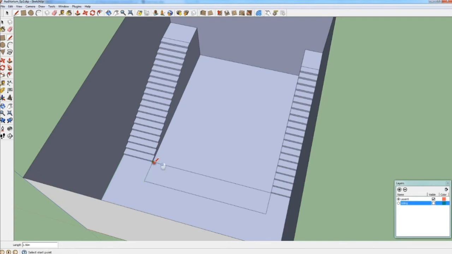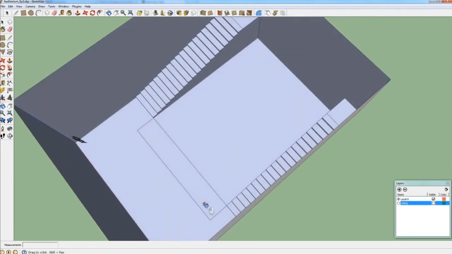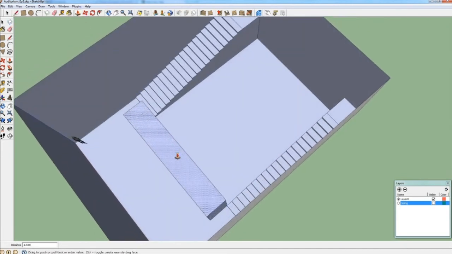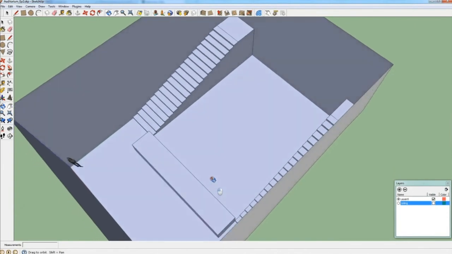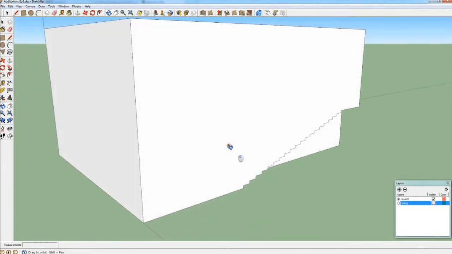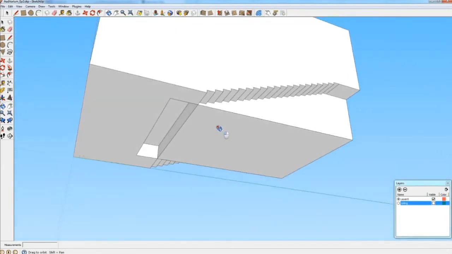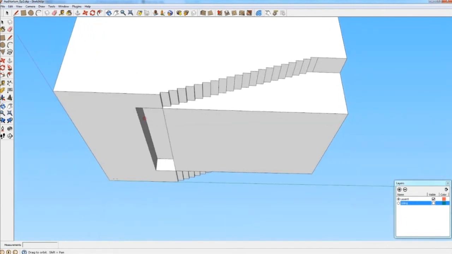And then we close the rectangle. We can extrude the rectangle now by 1 meter high. And this is how it should look, looking at the bottom.